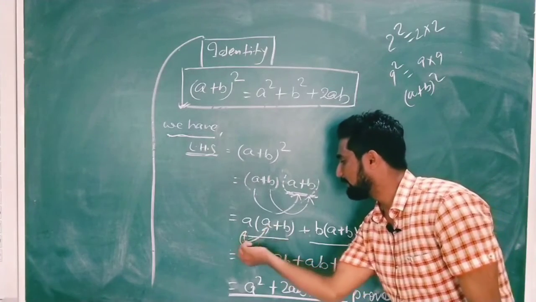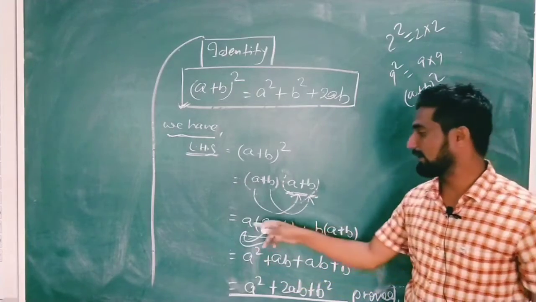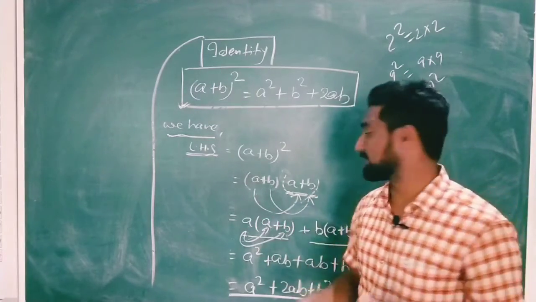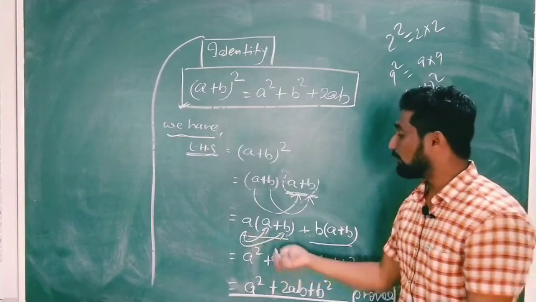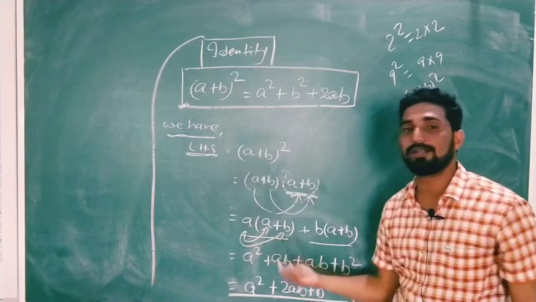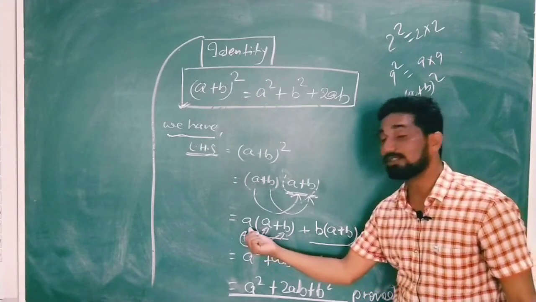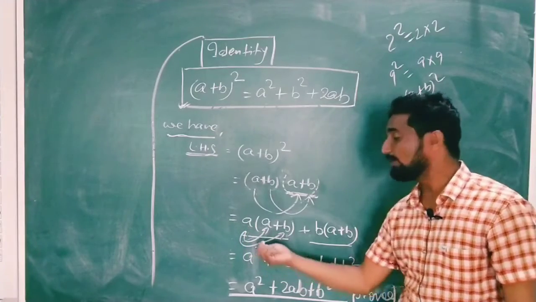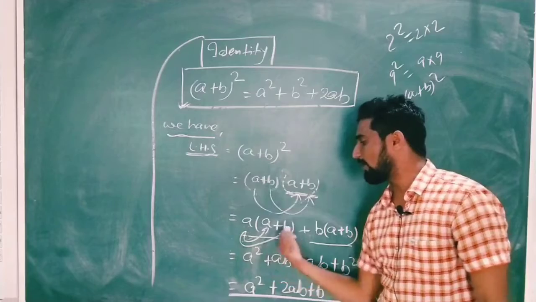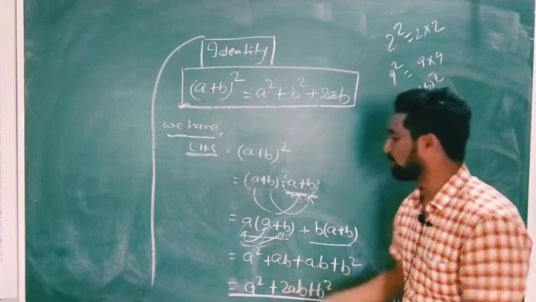Now (a plus b) and a, these all are family members, but due to some reason he is just standing outside. So what is their work, they will be called when the situation is there. So how to open the bracket, this one who is standing outside is a part of this family only. Whenever time is needed it will be called, so this a will enter this house also and a will enter this house also.